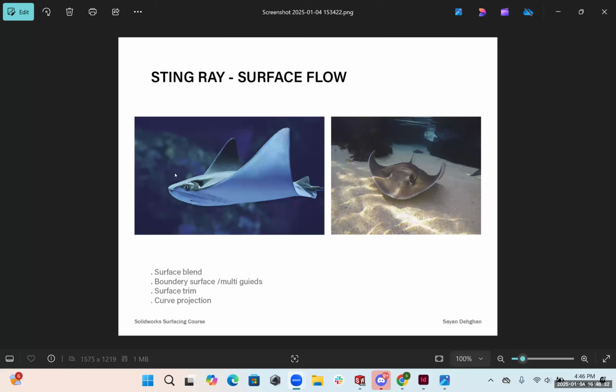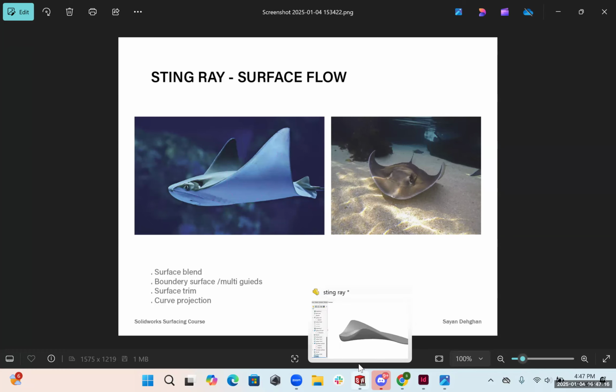So if you look at the stingray, the biggest surface curvature that I see, like the main part, is where these wings or arms go up, and then from the head to tail, it kind of goes downward. So we're gonna have these curves blending together and kind of give us this top surface, and then we'll have another one kind of giving us a bottom surface. Kind of hard to draw this one, but I'm gonna go over